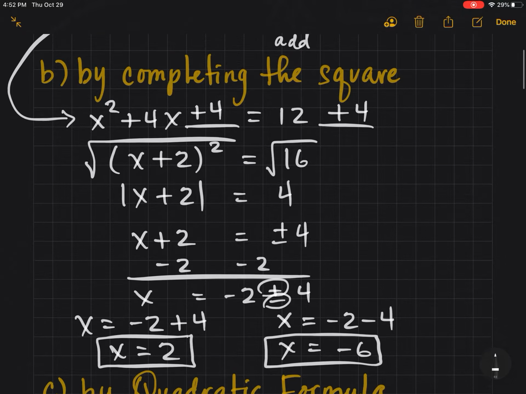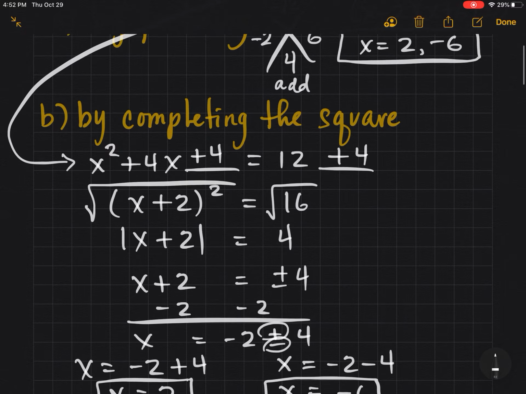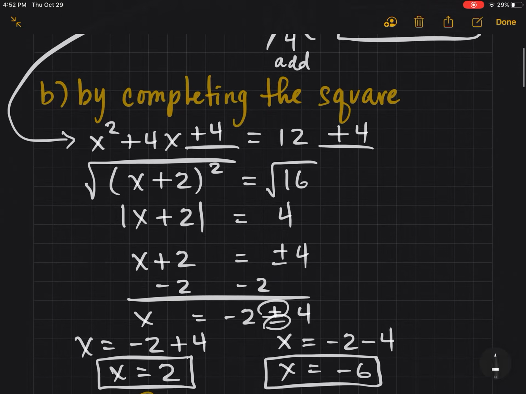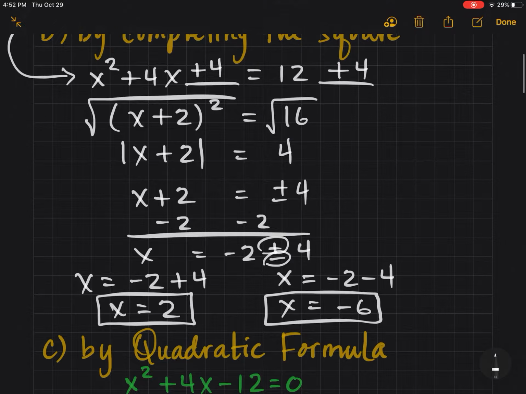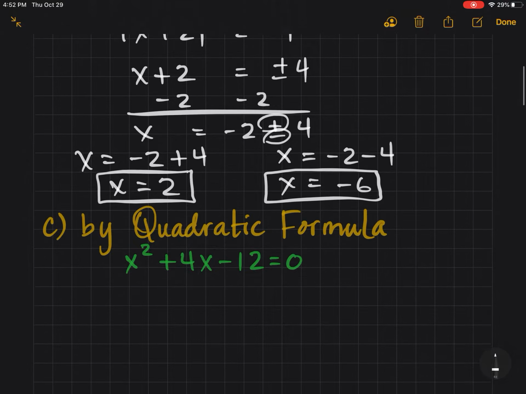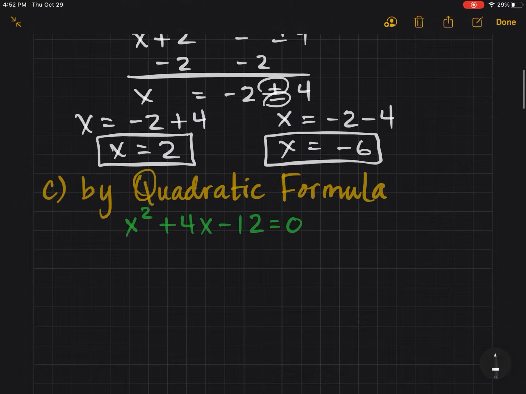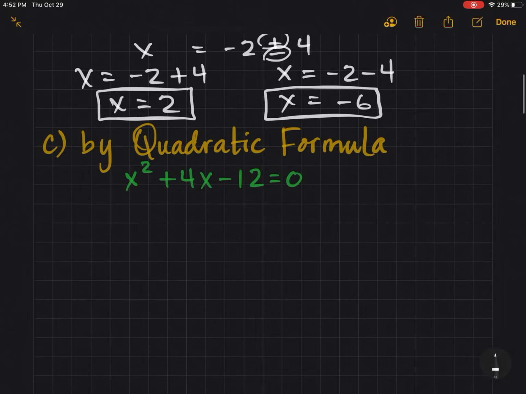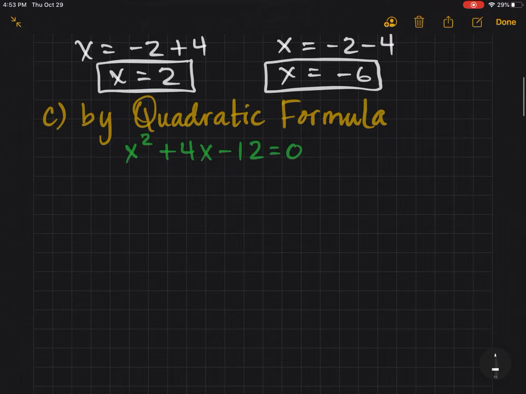So, as you can see, that's what we got solving it by factoring. Same solution, but it took a lot longer this time. Now, let's do the same exact problem with the quadratic formula. And if we do it correctly, we'll get the same results. So, let's remember the quadratic formula. If we're in standard form,